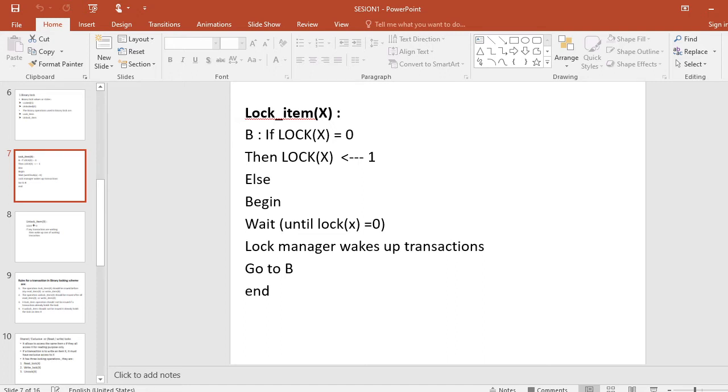The wait command within the lock item X operation is implemented by putting the transaction on a waiting queue for item X until X is unlocked and the transaction can be granted access to it. Implementation of a binary lock.